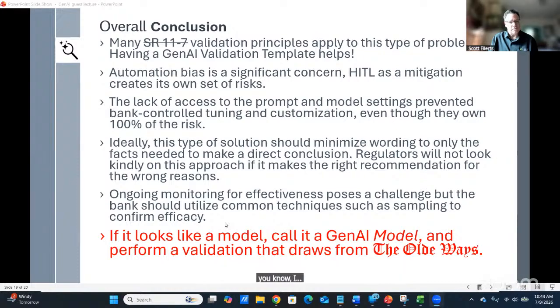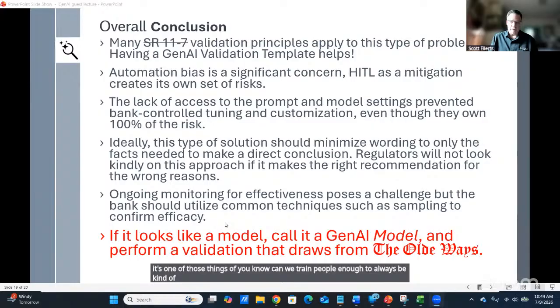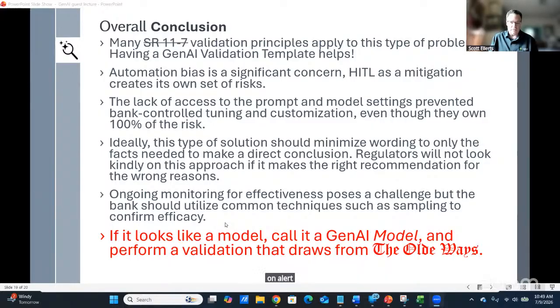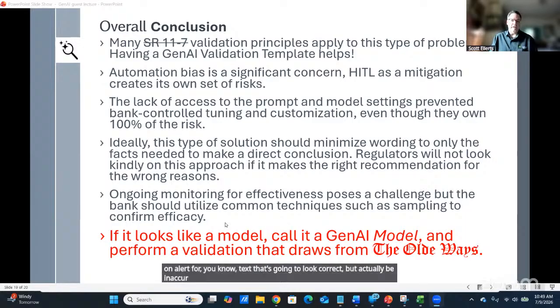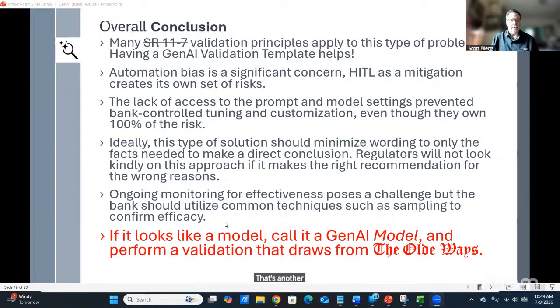Can we train people enough to always be on alert for text that's going to look correct but actually be inaccurate? Will they maintain almost a hyper vigilance level when they're looking at outputs of generative AI in this type of context? So that's another thing where I think the industry has some work to do.